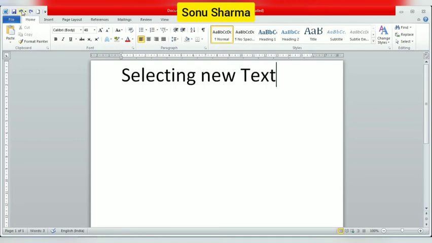Okay. Now we will see our next topic, that is copying and moving text. Copy means to create a duplicate copy of anything, and moving means to cut from the original position and place it in another position. Suppose I want to copy this word new to another place. First of all, you have to select this word new. Selection is very important before doing anything. So select this word new. Now go to the Home tab and the Clipboard group. You can see here in the Clipboard group, the Copy option is there. So click on Copy.